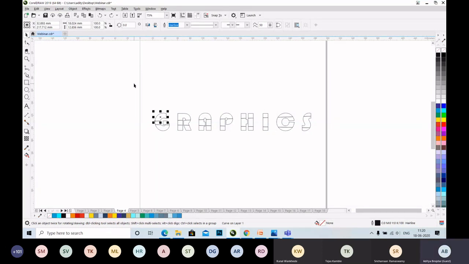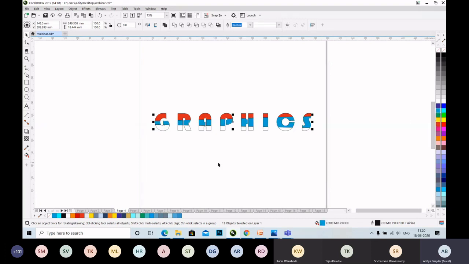Fill in the color as you like to all the three parts. We are simultaneously selecting it by pressing the shift key.